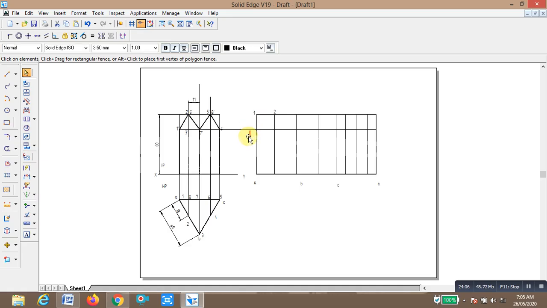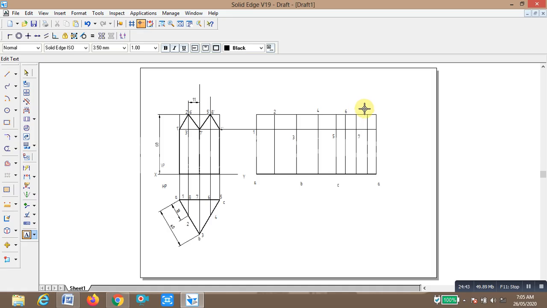Okay, this is 4, this is 5, this point is 6, this is 7, this point is 8, then again we come to number 1.